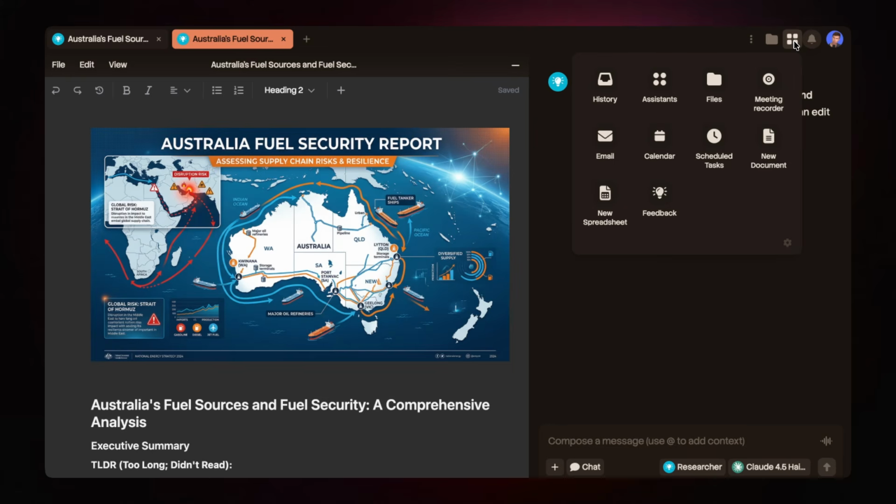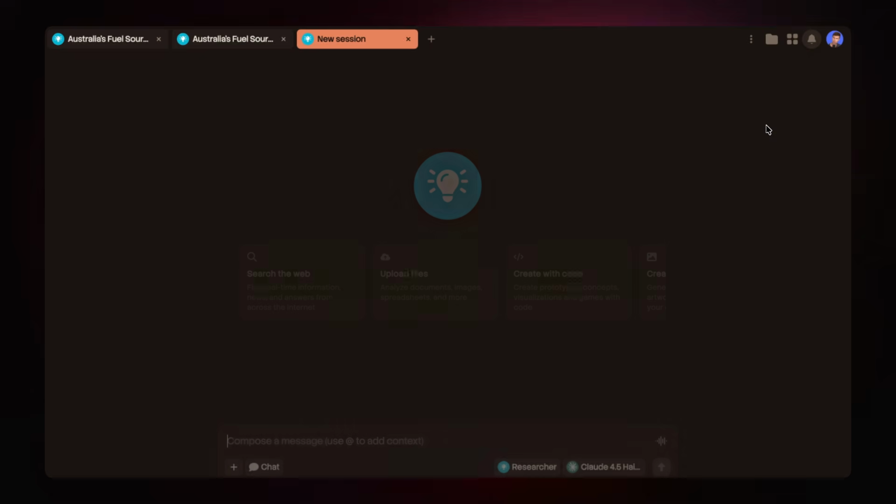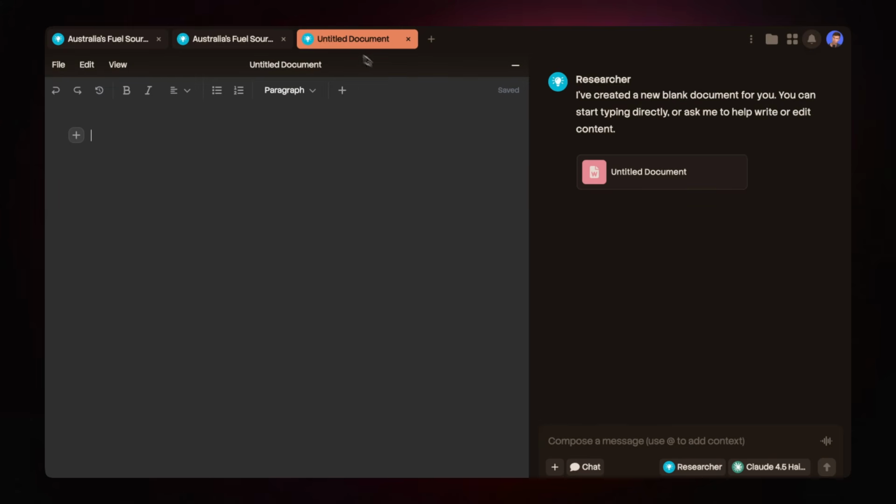So you can now go up to the app drawer and you can click new document. That'll open a new session or a new tab here, and it'll just create a blank document. And I really use this to produce the podcast that we do each week. So I'll say podcast